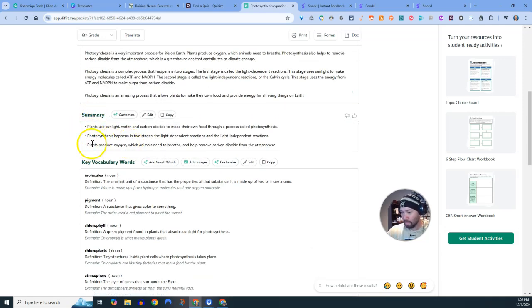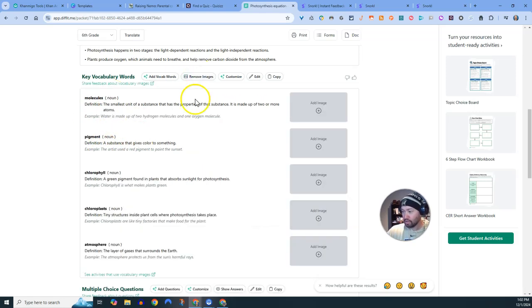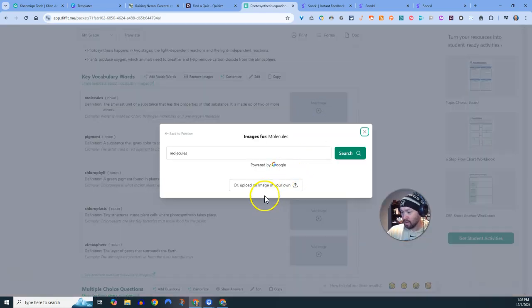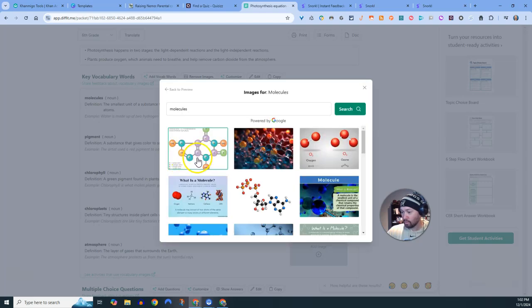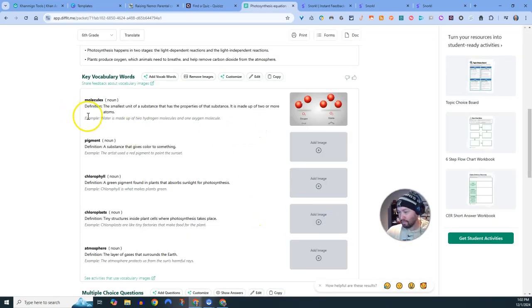Here are some main summary points. We have some key vocabulary words. You could add images to these vocabulary words. So if you hit add image, we could search on Google the word molecules. If this one works good for us, we will take that and we will save this image with that vocabulary